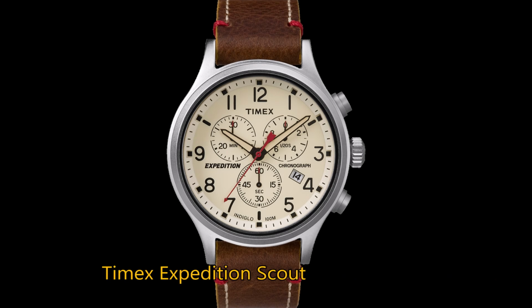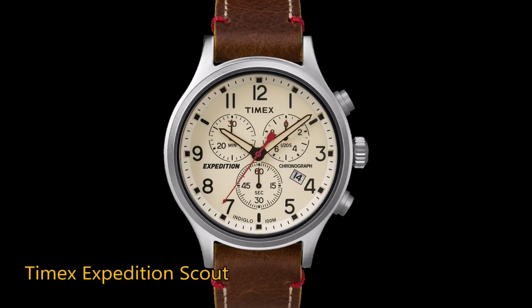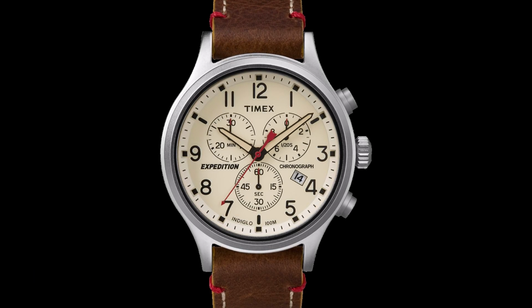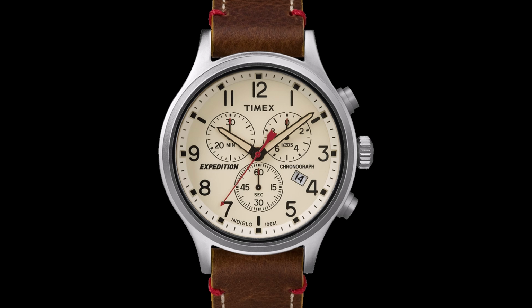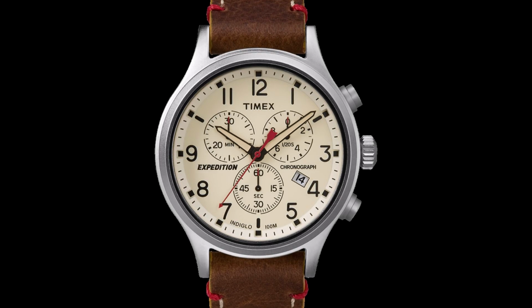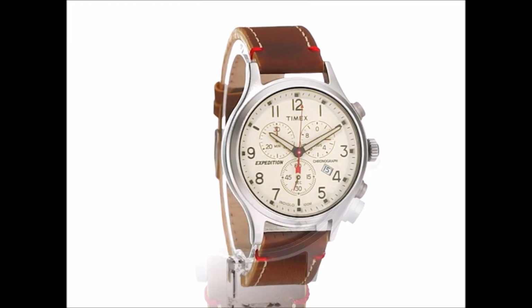At 9 we have the Timex Expedition Scout. The Timex Scout is part of Timex's Expedition range. These are Timex's range of watches that draws inspiration from vintage military watches, which can be considered to be amongst the first survival watches. This watch will hold up in extreme conditions because it comes encased in a brass case